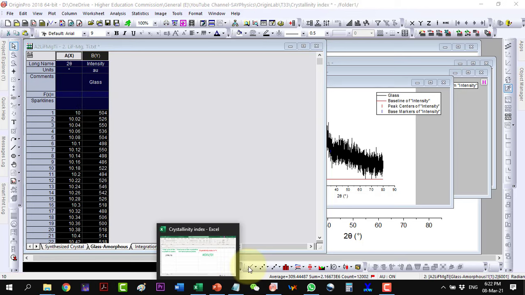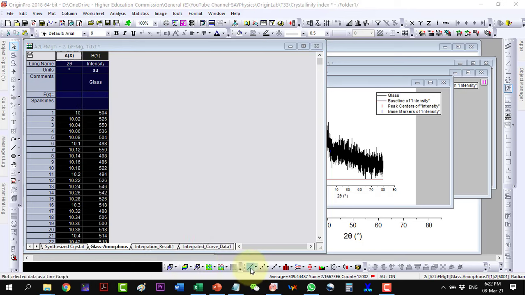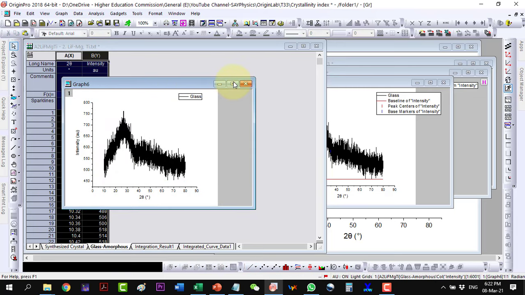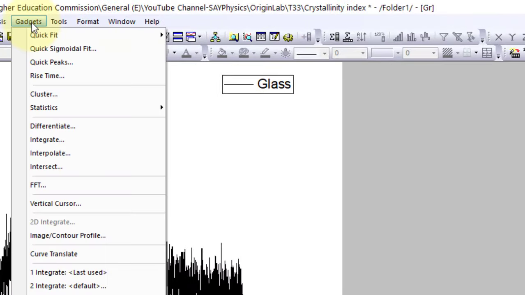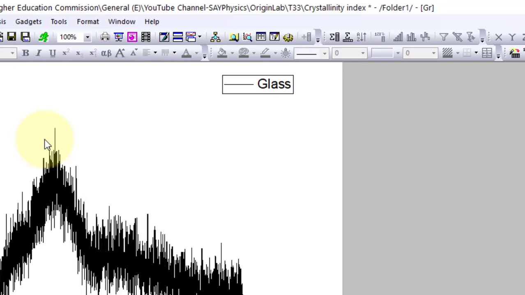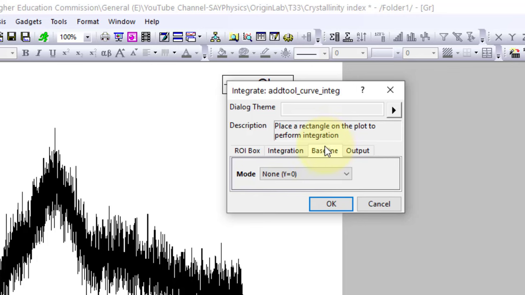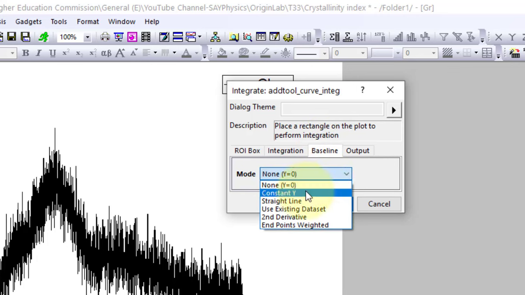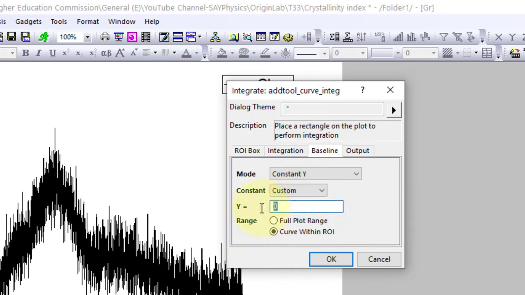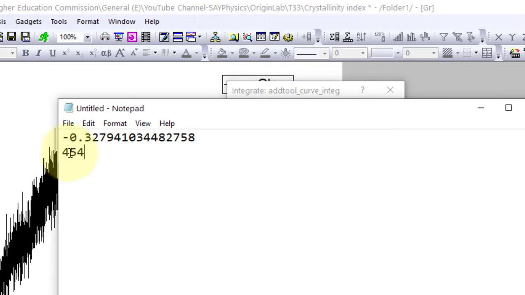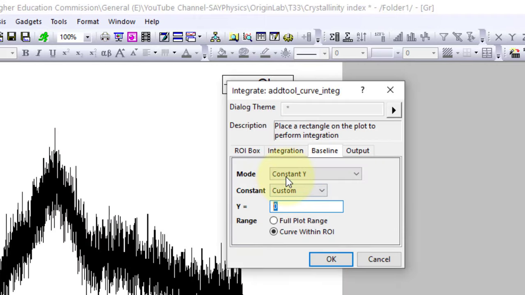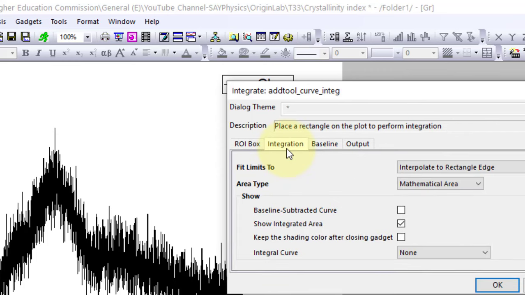First, I will plot the data, and then to the gadget I will go instead of the analysis, because this one is comparatively quick. And here I will select that value which we did earlier. It is 454. And now here I will take this option and I click OK.